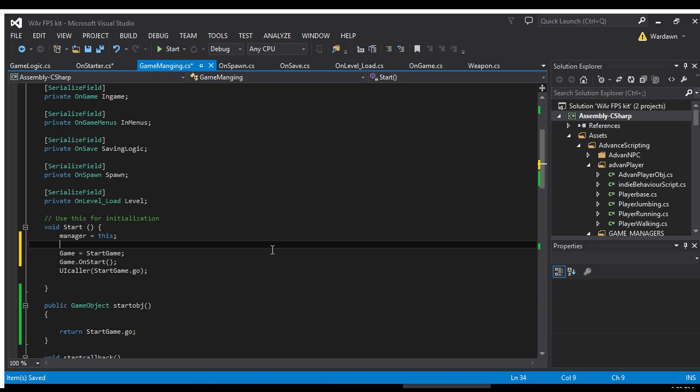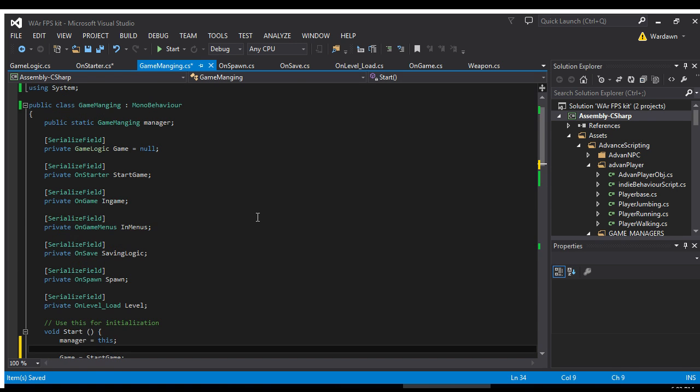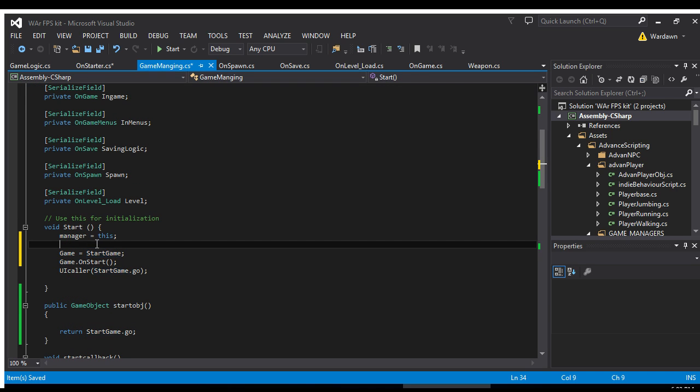Okay. I can always go in here, we need to go into start game. We've got a variable for